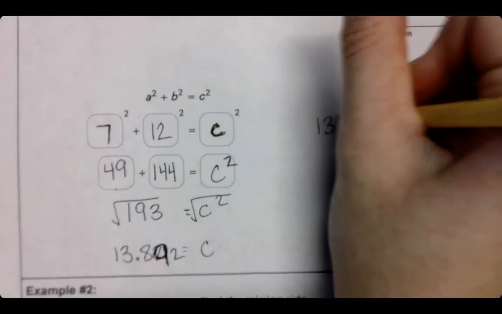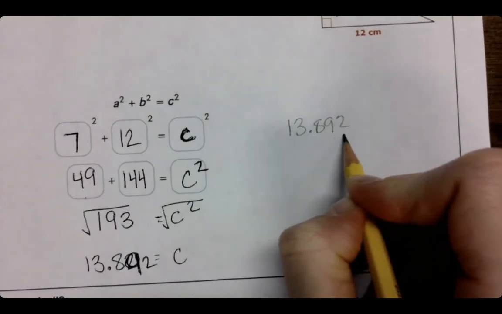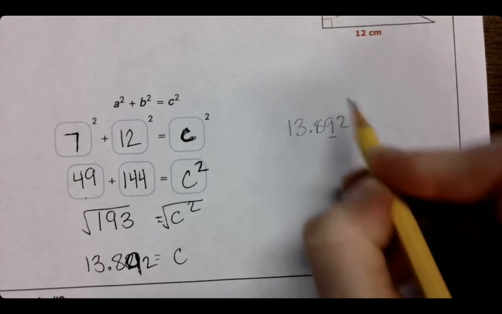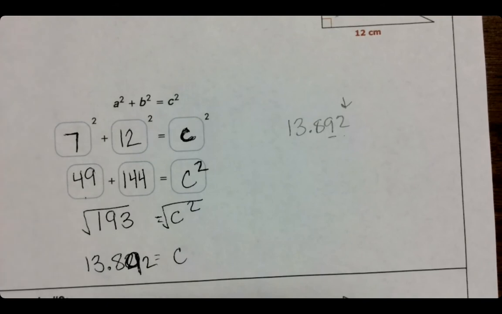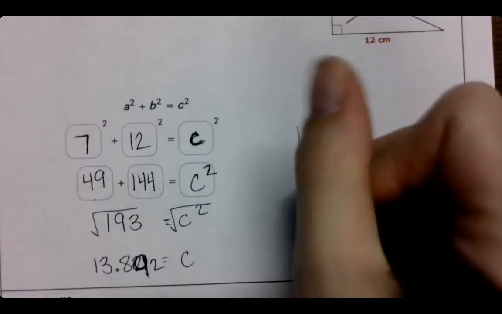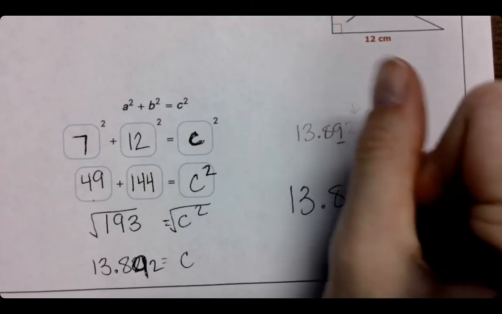So if I round that using the rules that we just talked about, is the 8, 9, or 2 in the hundredths spot? The 9, meaning we're going to look at the 2. Would the 2 make it round up or stay the same? Stay the same. So that means that the 2 just goes away. So my final answer here is 13.89